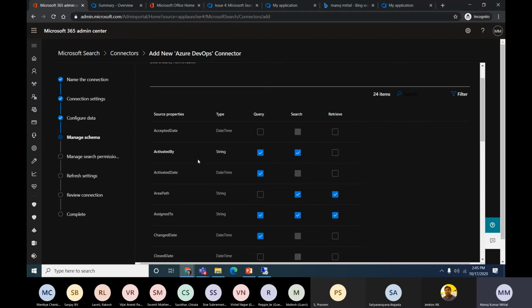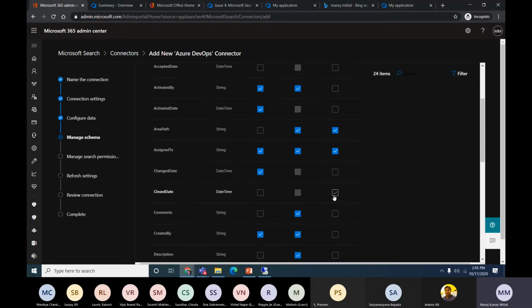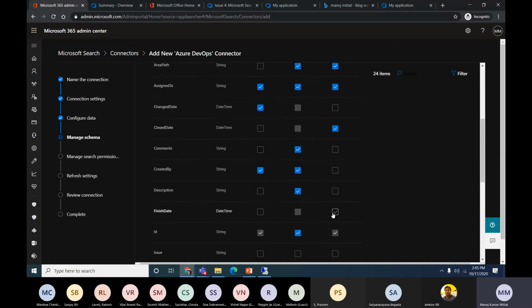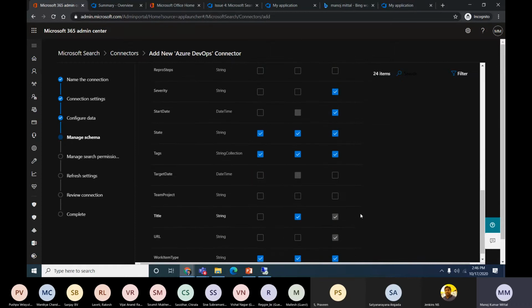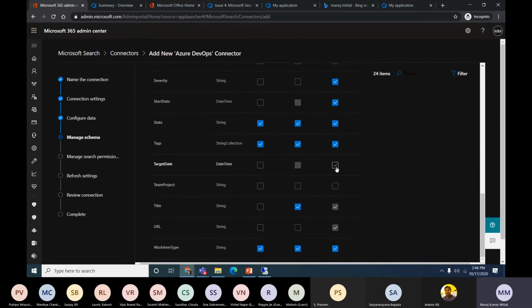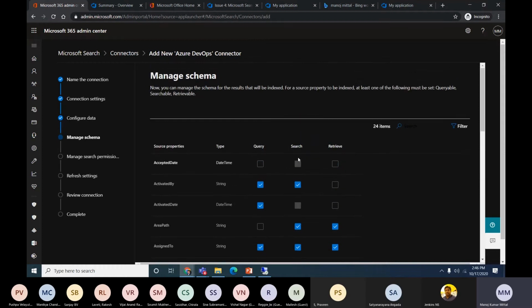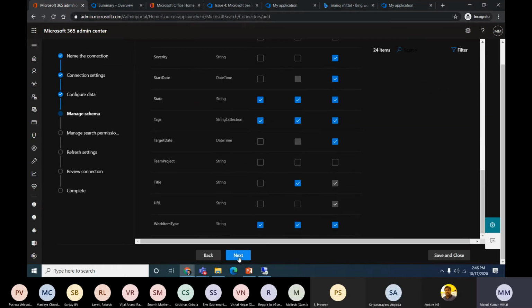As of now, I'll use close date, which is a custom property, edit, close date, finish date, severity, start date, and the target date. That depends on your requirement, which property you want to be searchable, retrievable, and queryable. Accordingly, you can define.